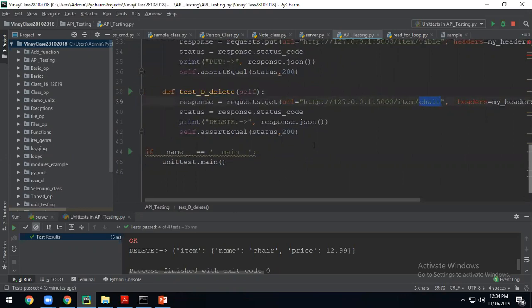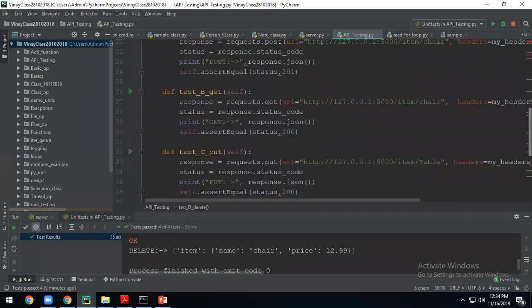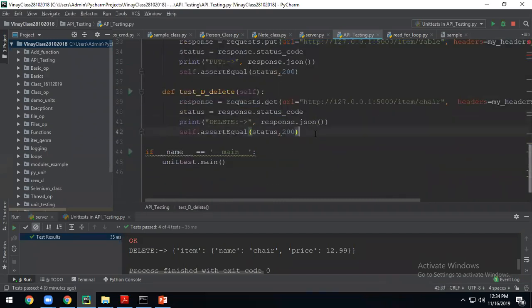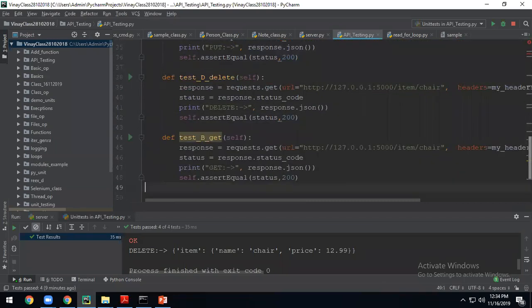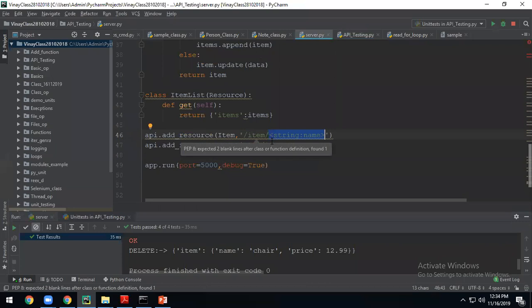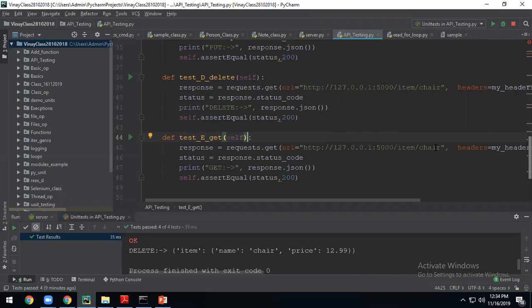Okay. Now I can do one more thing. After all, I can get all the resources actually. One more I will do. I am just copying it from the previous one. So A, B, C, D, E. I will give self. Here I will take a different endpoint, that is items. It's a different endpoint actually, and I am getting whatever was added. Now I am trying to show it here. Let's run this one.